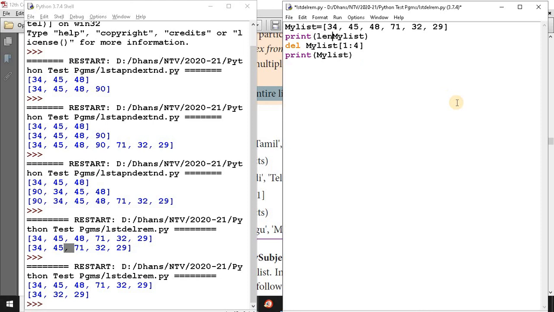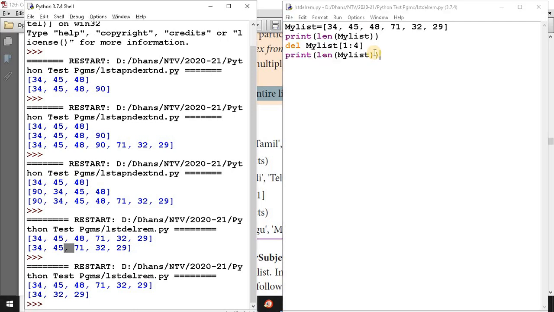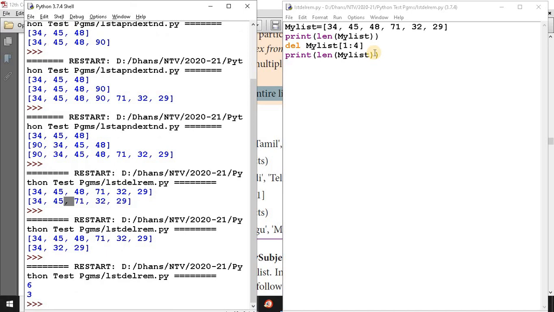For example, len of the list, you can see what the length is. These kinds of questions are asked for 1 mark. So initially the length is 6. After the del function, the length is changed to 3.